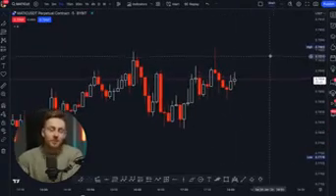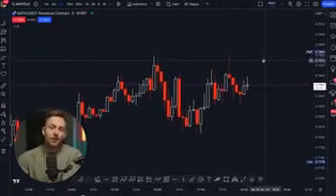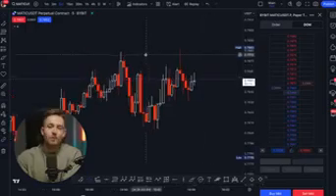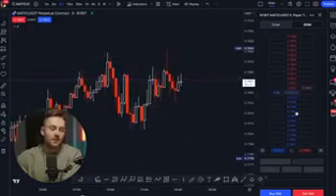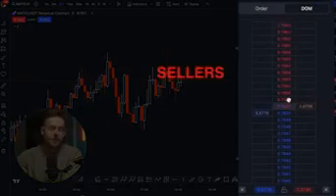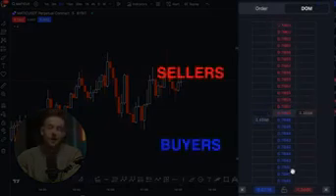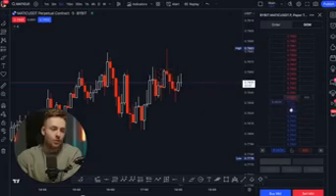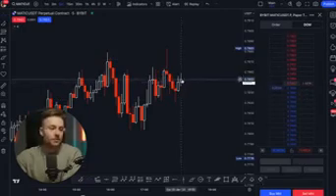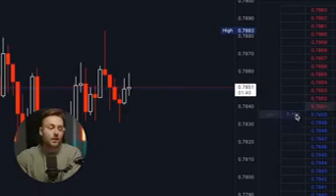All right, but I still think that most traders, honestly, even if they are trading, don't really fully understand what moves the markets. And what moves these candles are buyers and sellers on the order book. So we can see up here, these are all sellers in red, and down here, this is the bid side where the buyers are. And in order for this candle to move up, these buyers who want to buy into the market have to take orders from these sellers up here. So if I wanted to enter the market right here, the first available order for me to sell is going to be down here.